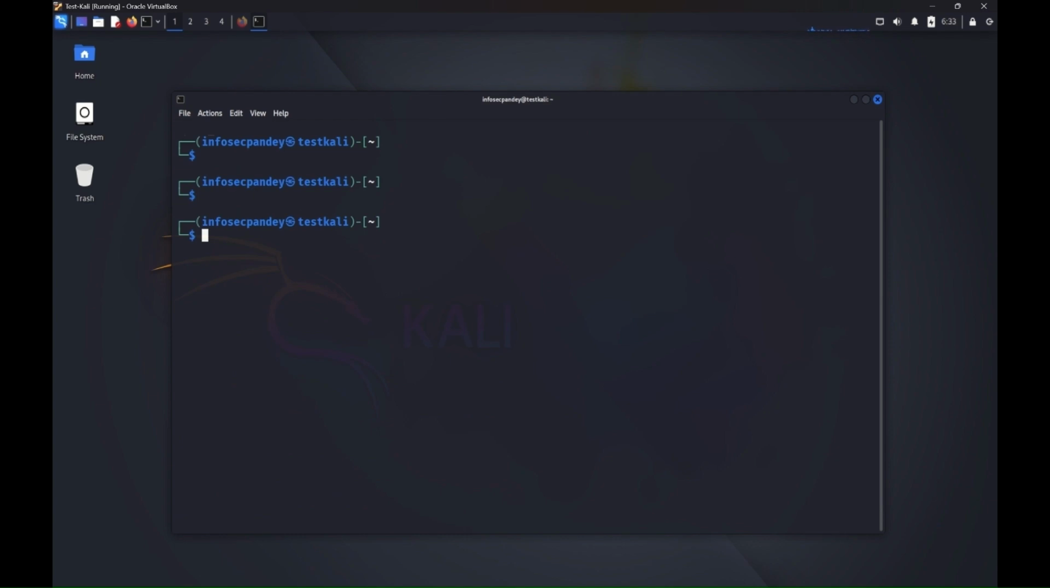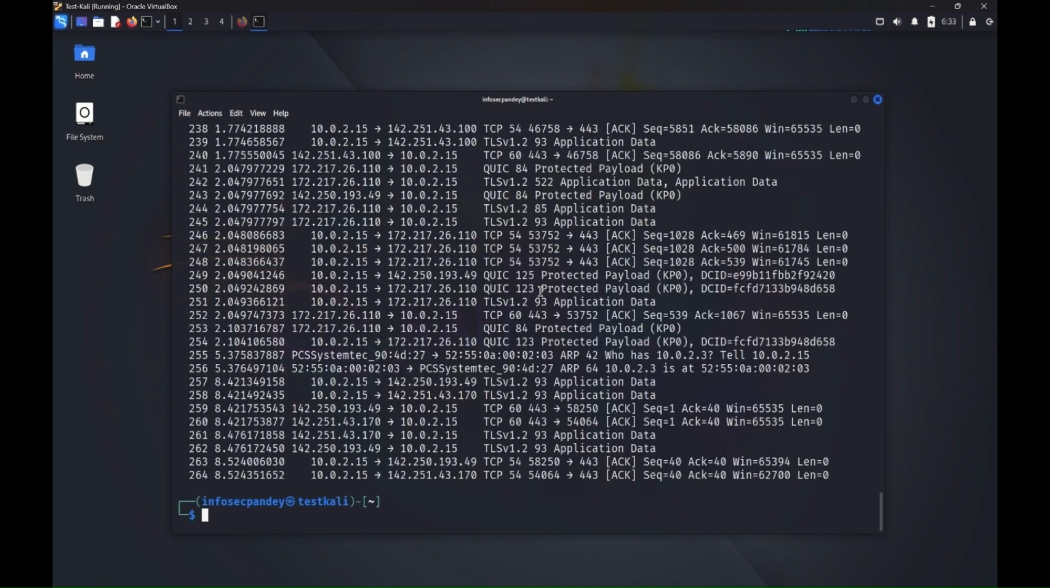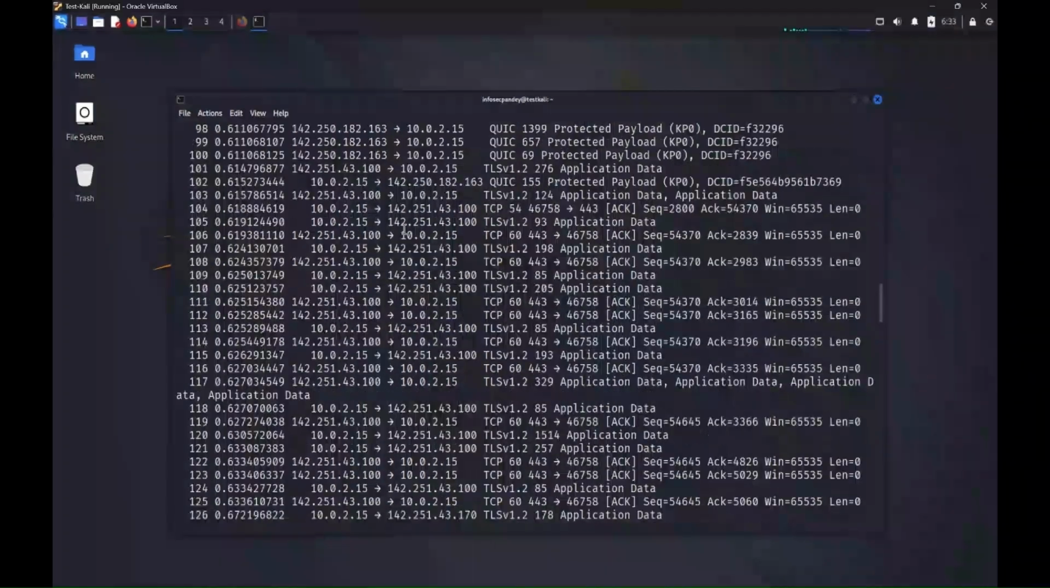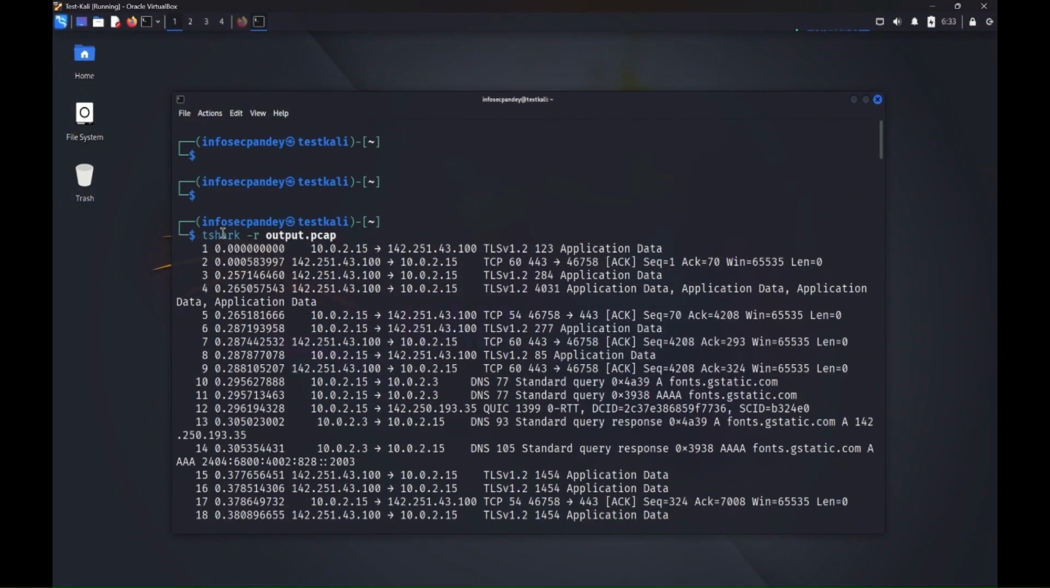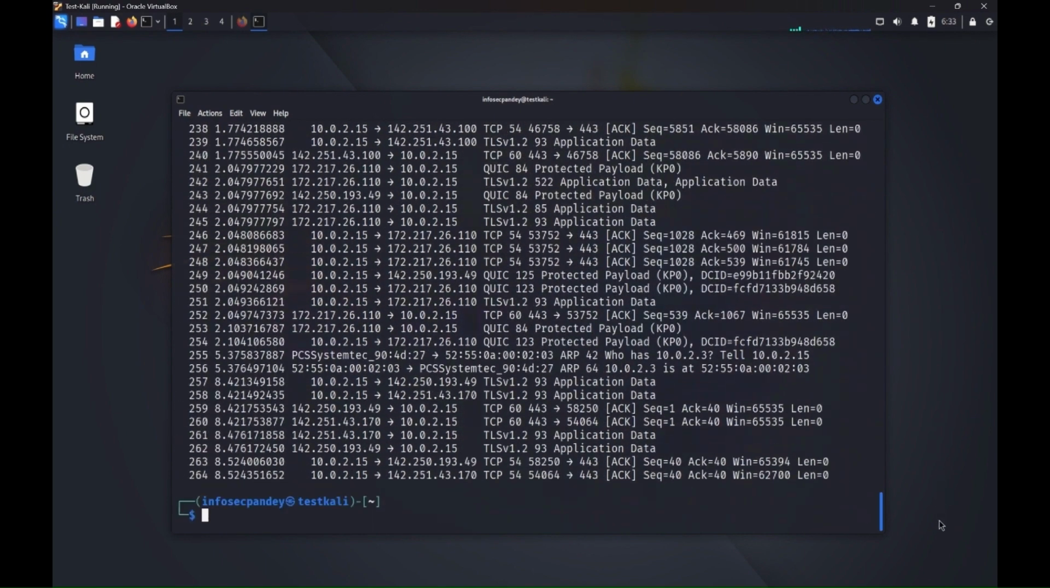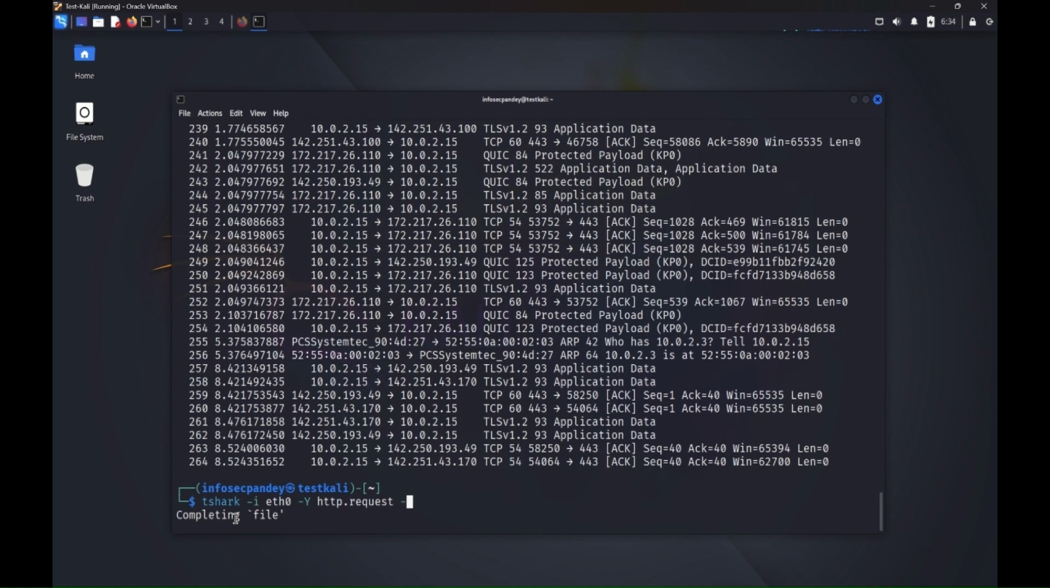So let's try opening the pcap file in tshark. We can use the read switch, the -r switch, and here we can see all the captured packets that were exported as pcap. You can also filter for things like HTTP requests or DNS ports. So let's try that: http.request and fields,